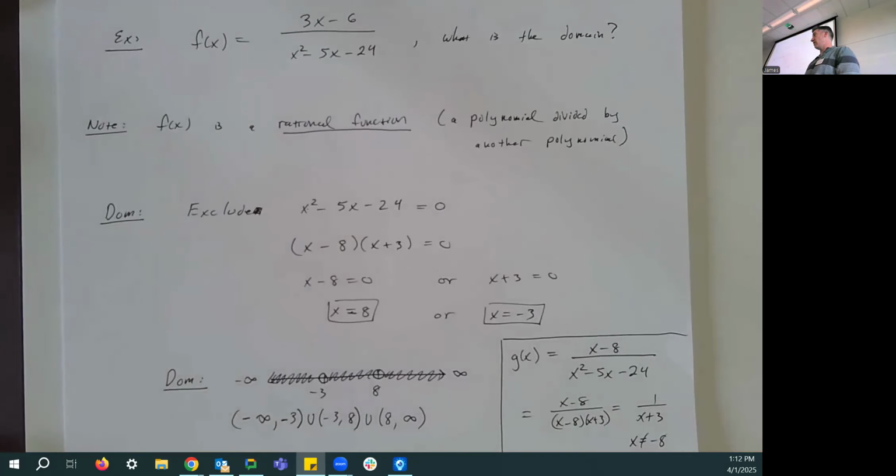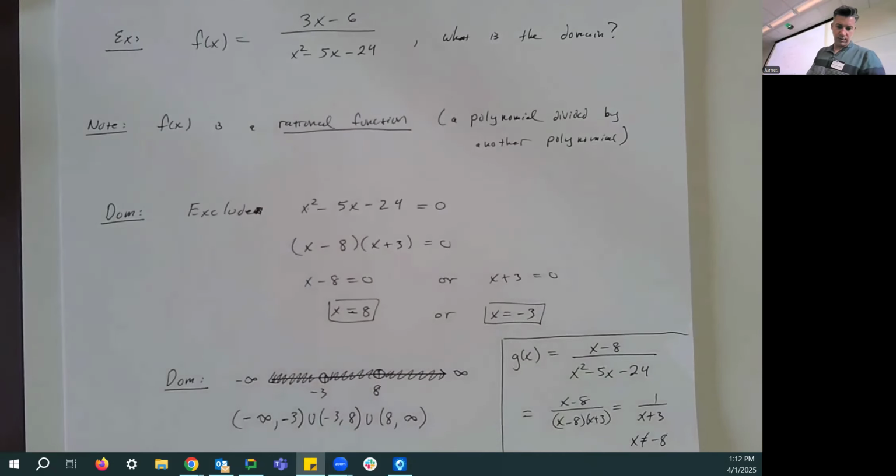Because if we plugged in 8 in the beginning, we would have gotten 0 over 0, which is a problem. We'll talk more about 0 over 0 a lot. The thing I'm trying to point out here is that when you're finding the domain of an expression, you don't want to simplify it first. You want to leave it unsimplified and just worry about the parts we have to worry about, either the denominator or the thing inside the square root or the thing inside the logarithm.